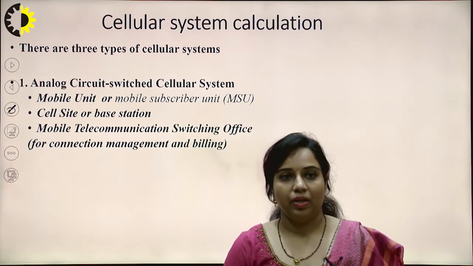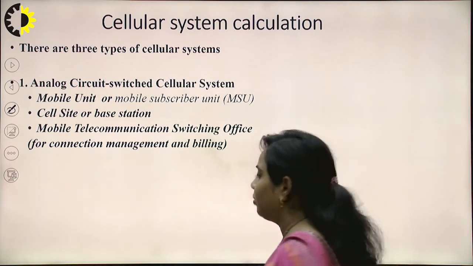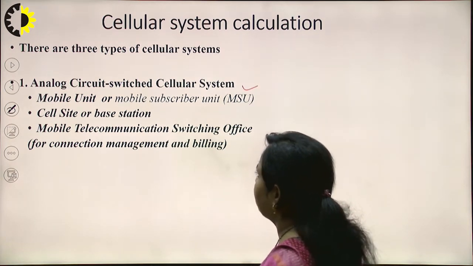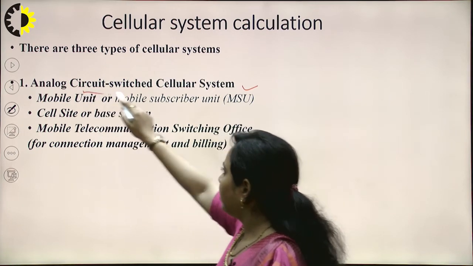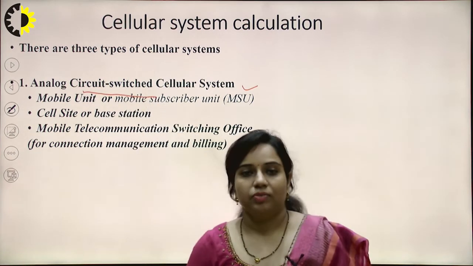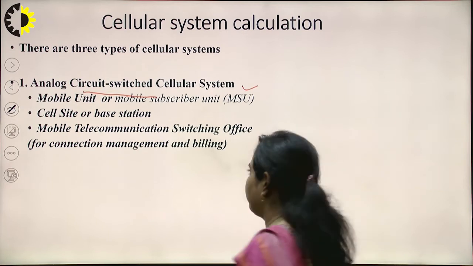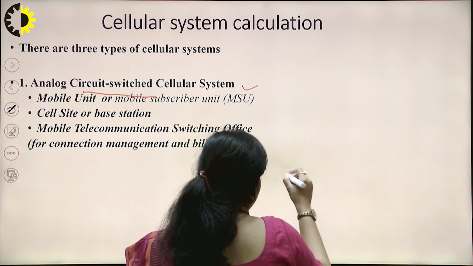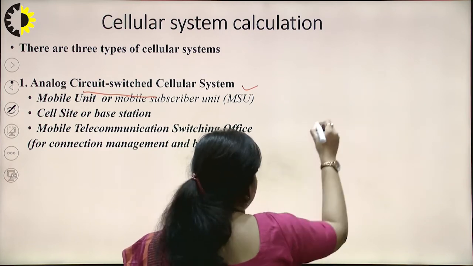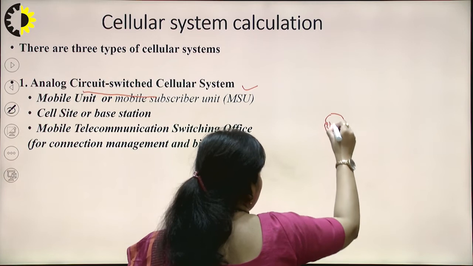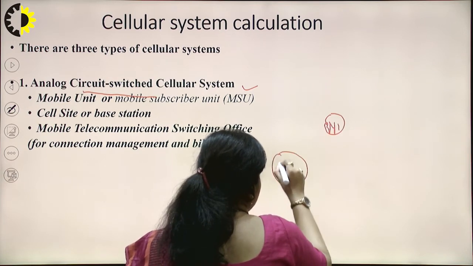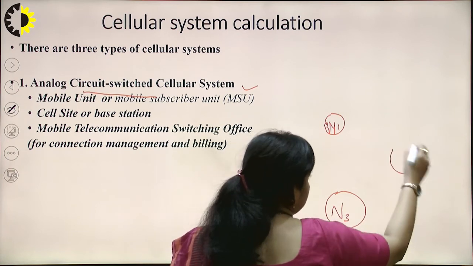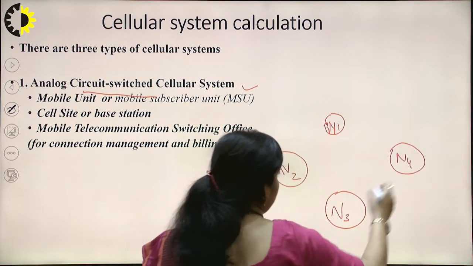In this we are seeing 3 different types of cellular systems. The first one is the analog circuit switched cellular system. So first we will see what circuit switched is. Circuit switched is related to networks, network theory. Like if an area is divided into different cells, and we are considering a network only, like this is the first node N1, this is node N2, this is N3, and this is N4, which means 4 computers are connected